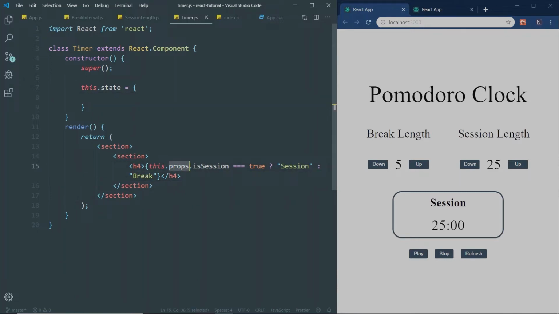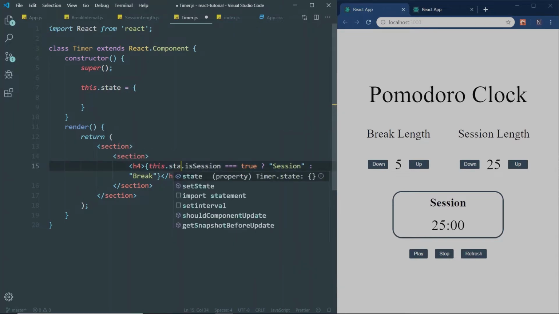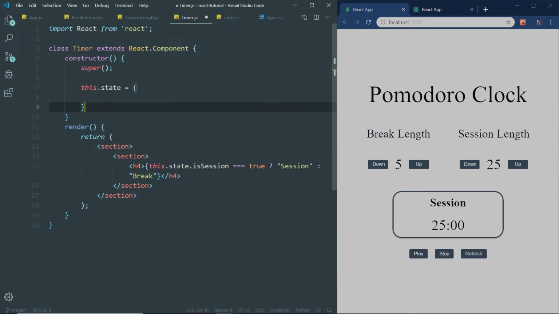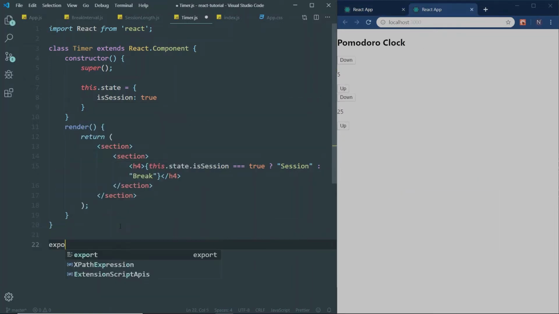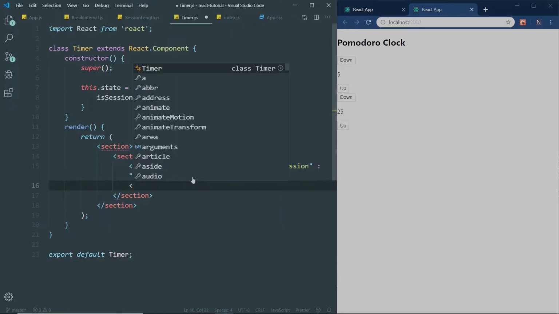This will not need to be passed down from the parent component. We will just keep state of this in our current component, so we can say isSession is set to true. Okay, so let's export this default Timer. And then we also need our minute and second